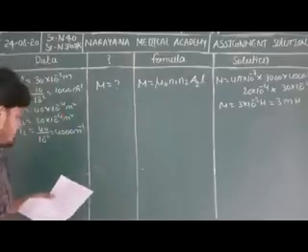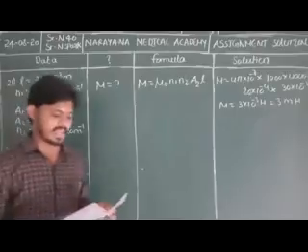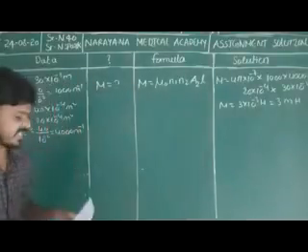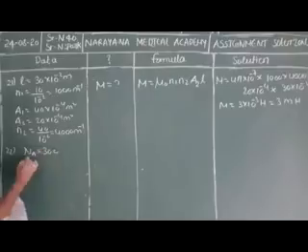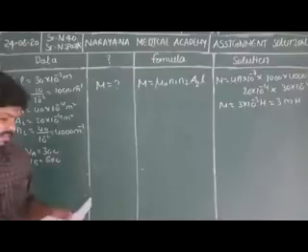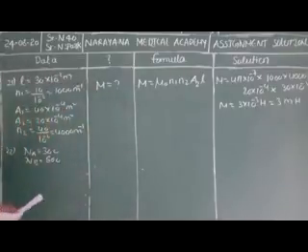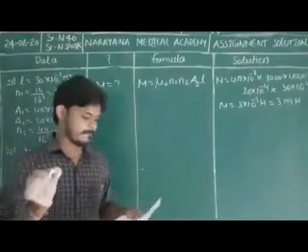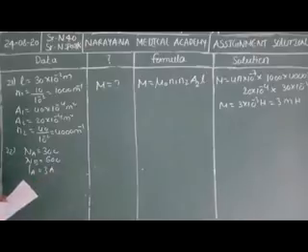On solving this, we get M is equal to 3 into 10 to the power of 3 into 10 to the power of minus 3 Henry. That is nothing but 3 millihenry. Option number 2 is the correct answer. Next, bit number 22. Two coils A and B having turns 300 and 600. So number of turns NA is equal to 300, and number of turns of coil B is equal to 600.